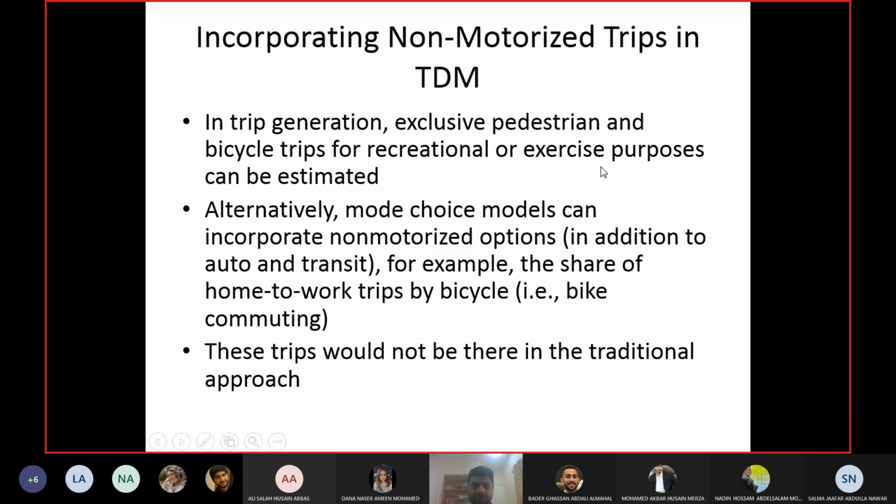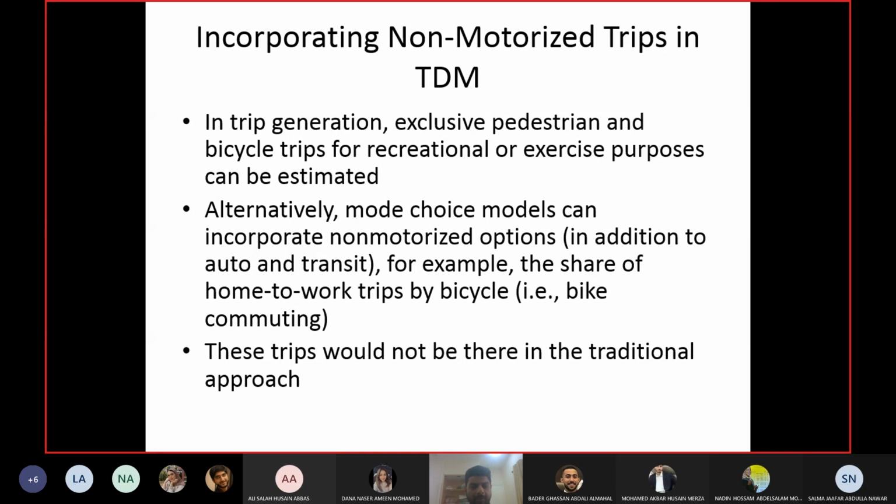Calculate those trips and add them to the trip generation stage, the first stage of the model. Or you can incorporate them when you are considering mode choice.